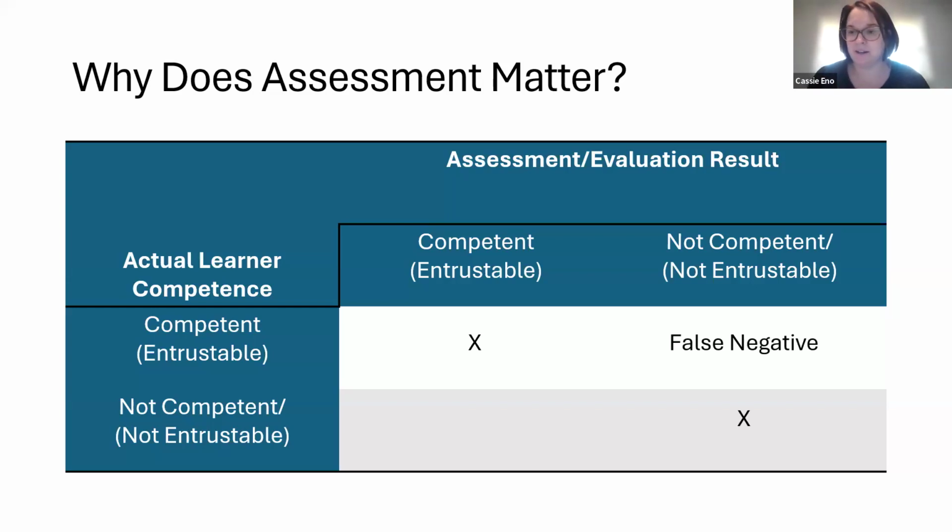What I would say is the more concerned case, if we have a not competent learner, but we're saying that they're a competent learner, we're actually then putting someone who's not ready out into practice, out into the profession. And this is where we risk the possibility of harm, or what we consider in this little 2x2 design, a false positive. That's really where there's possibility that we're doing harm to patients and a harm to arguably society and the profession.